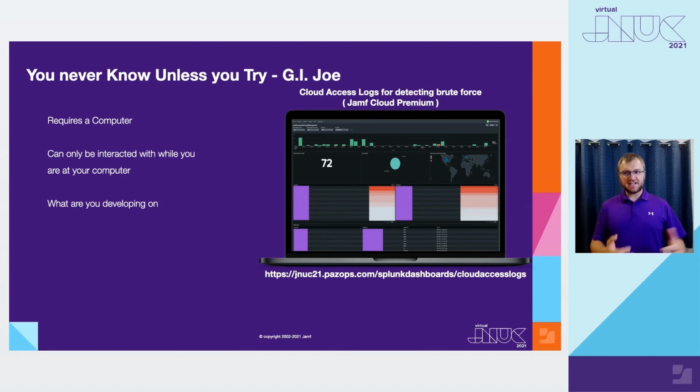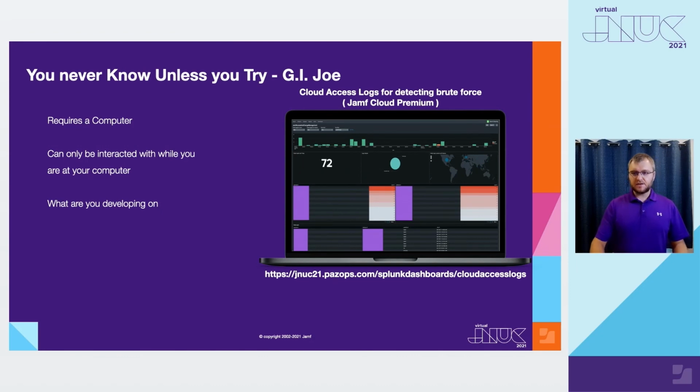So if you split your time between a SOC and development life like I do, it's really hard to have your Mac tied up by this. And it can only be interacted with while you are at your computer, and while your computer is focused on this, you can't develop on it. Solving something during a meeting isn't always easy. I'm on an M1 Mac, so I only get one external monitor, unless my Mac is in clamshell mode, then I get one monitor, period. So that's kind of one limitation there.